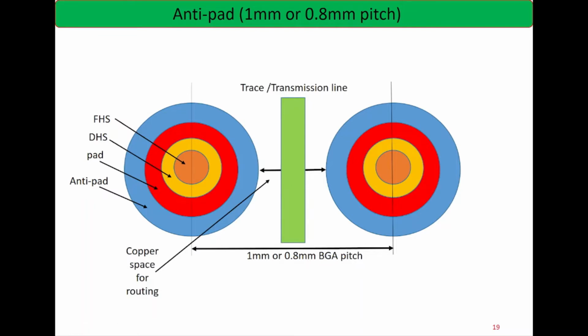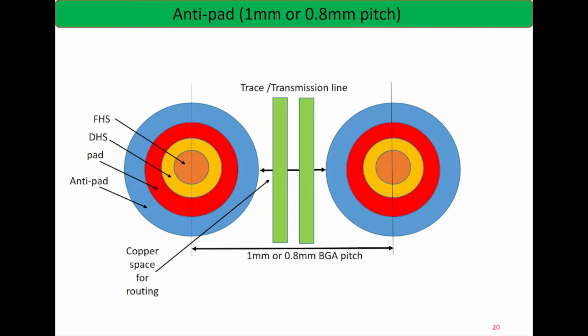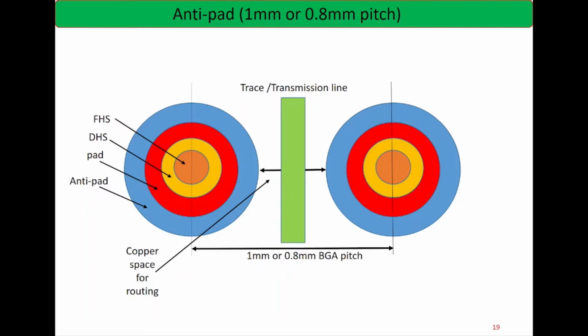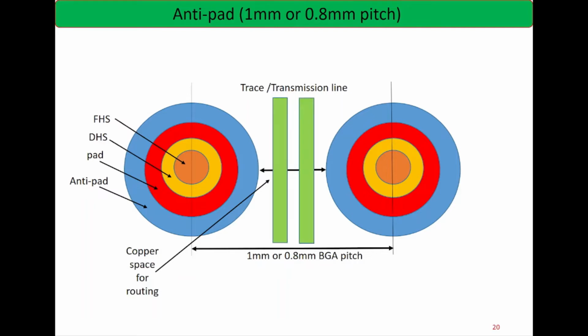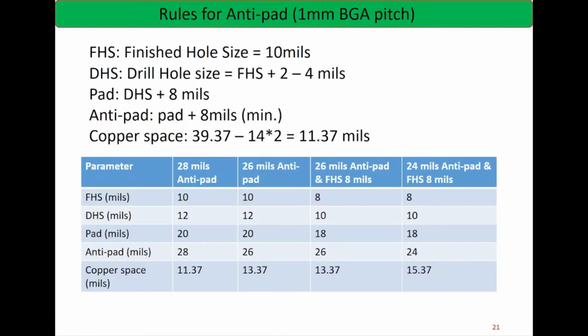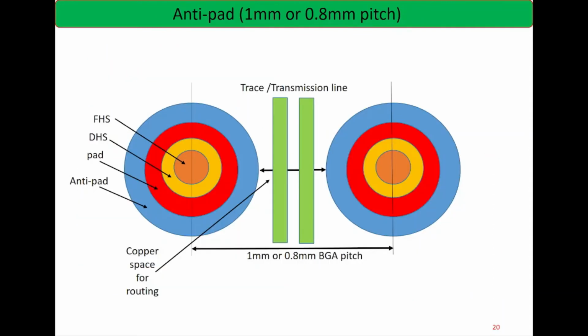We also need to check whether a double, or you can say differential, transmission line can pass or not. This is a single-ended signal, and this is a differential signal. We need to check whether the spacing available is enough or not, because we need to make sure there must be some spacing between the line and the via, and there will be some spacing between the differential signal. So let's do some calculation.